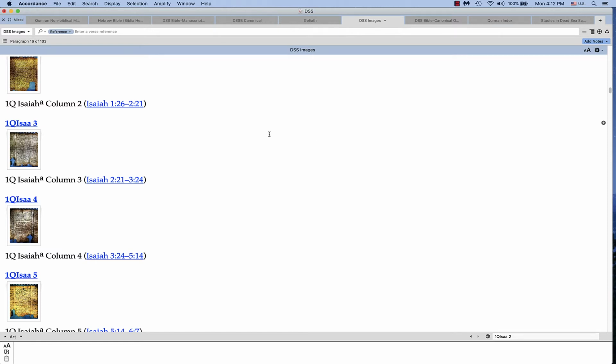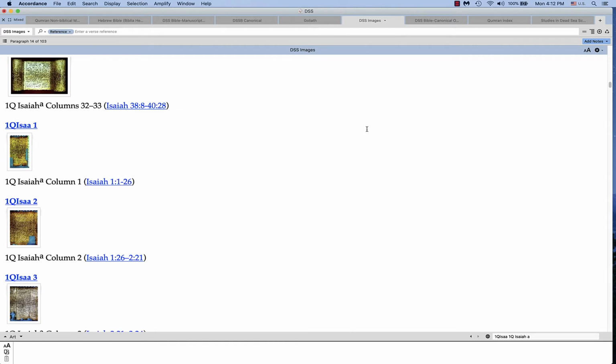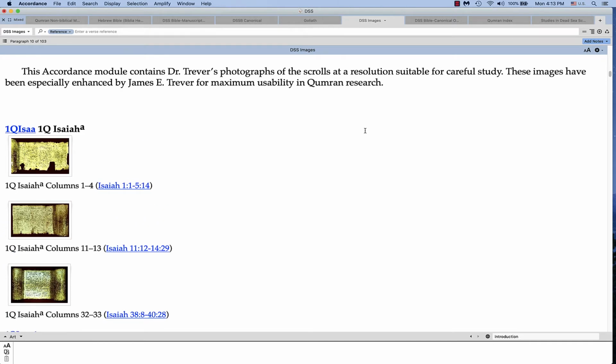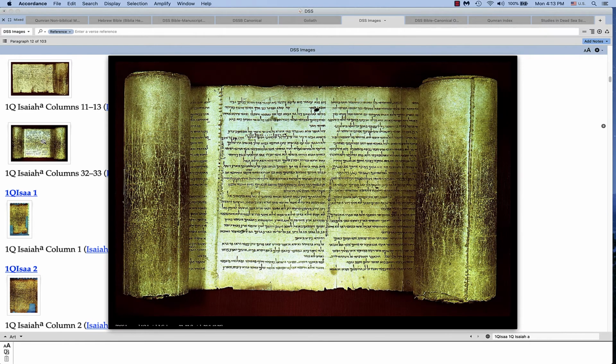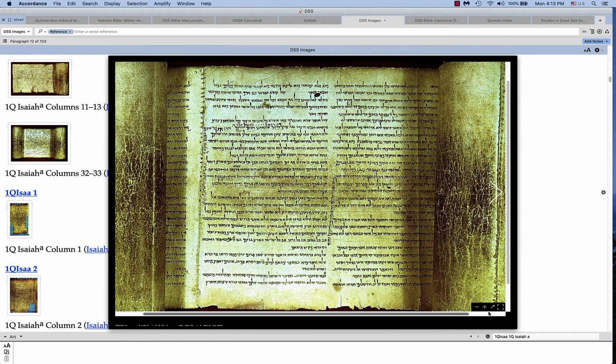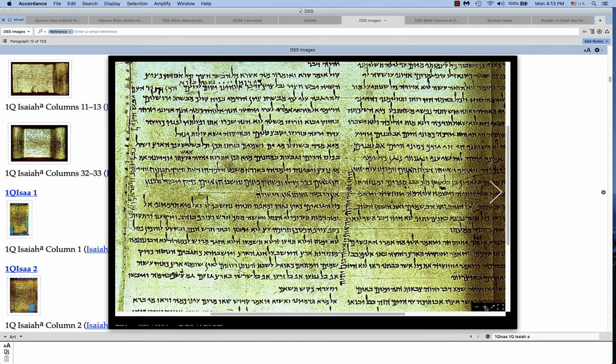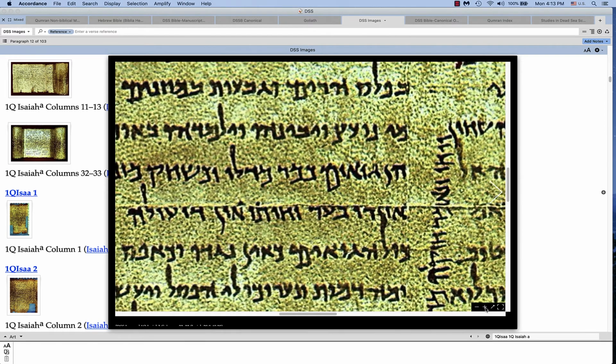Now, I want to show you here, for example, the Isaiah scroll, which we've mentioned many times. Here is the Isaiah scroll. I took a couple of pictures. Here's the generic Isaiah scroll, and what we see here on the screen are the thumbnails. If we click on it, we get a high-resolution photograph. We can save this photograph, we can put it in a picture window, but all I'm going to do now is zoom in, and you can zoom and zoom and zoom,